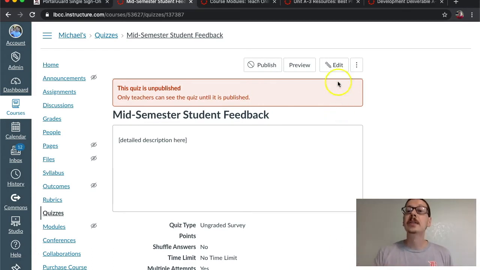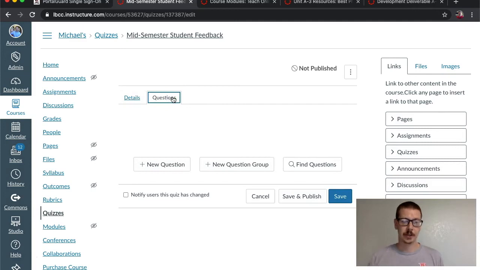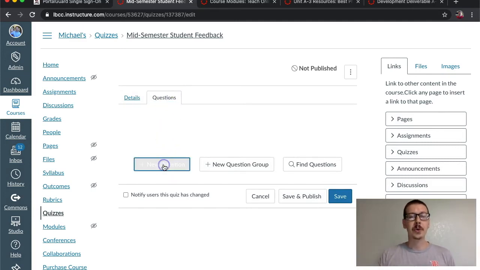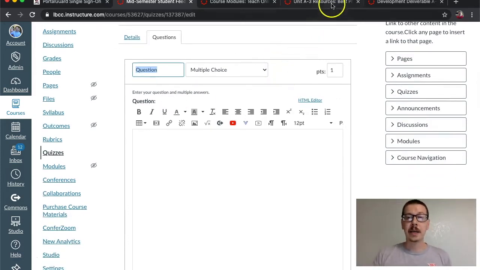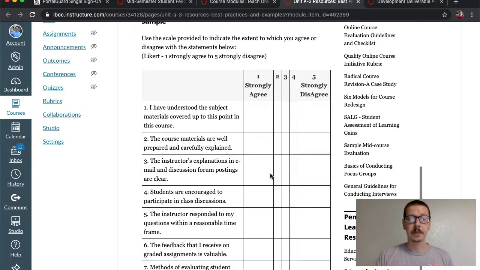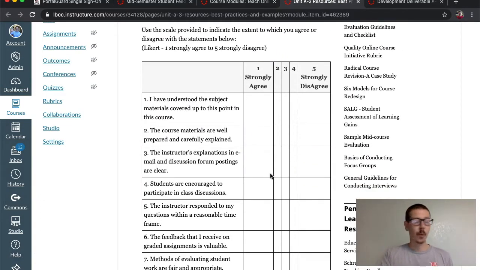All right, so I'm going to click Edit again. All of the details are in order the way we need. So I'm going to tab over to the Questions section, and there are no questions yet. So I'm going to create a new question. Like we saw in the TOS examples, I'm going to show you how to make a very simple 1 to 5